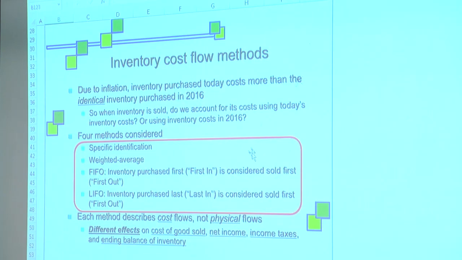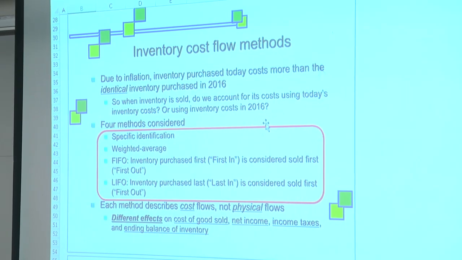If you recall from the slides in chapter 6, there are multiple inventory cost flow methods. There's specific identification, weighted average, and then first in, first out, which is known as FIFO, and last in, first out, which is known as LIFO. We're going to go into these a little bit more in depth, but